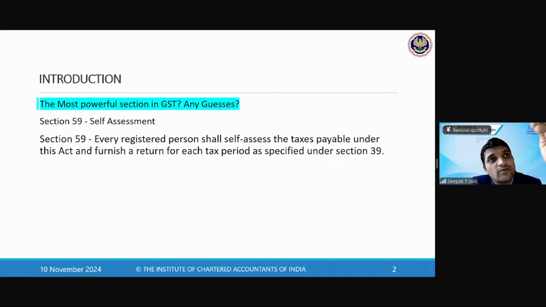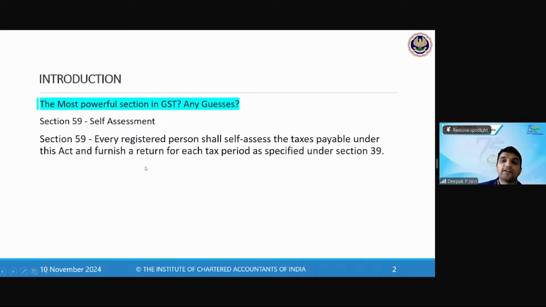और रिटर्न फाइल हो गया तो मतलब आपका फर्स्ट सेल्फ असेसमेंट का ऑर्डर भी आ गया है। ओके, उसको चैलेंज करने के लिए ऑफिसर will do the assessment under section 73 and 74। वो सेकेंडरी हो गया, बट प्राइमरी असेसमेंट आप ही कर रहे हो, आप असेस करके रिटर्न फाइल कर रहे हो।